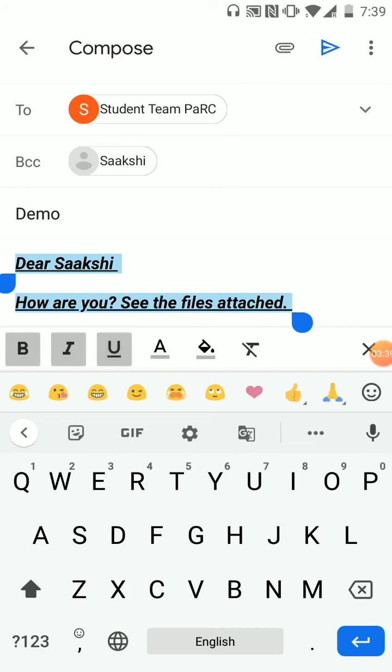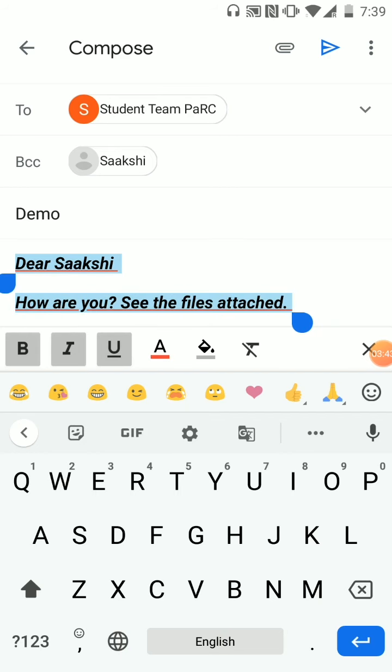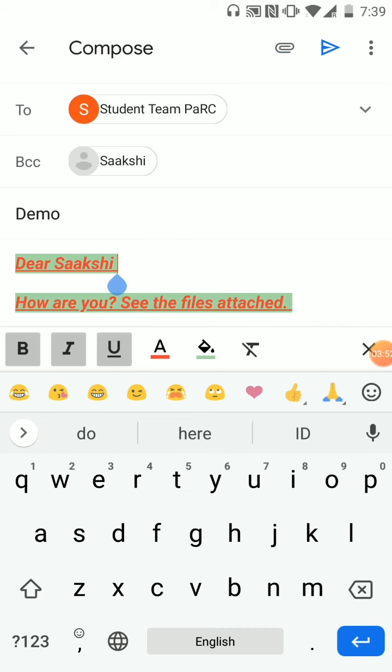I can underline the text. I can change the color of the text, and I can add a highlight of a particular color. So you can see the text is now bold, it is italicized, it is underlined. I've made it red and highlighted it with a green color.